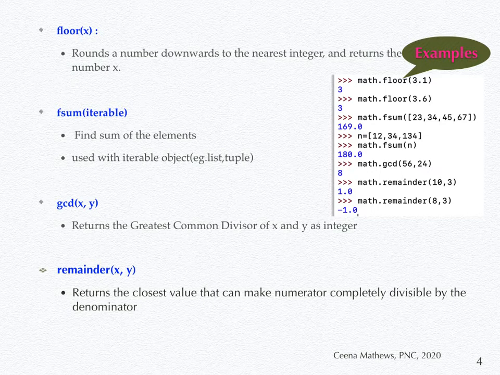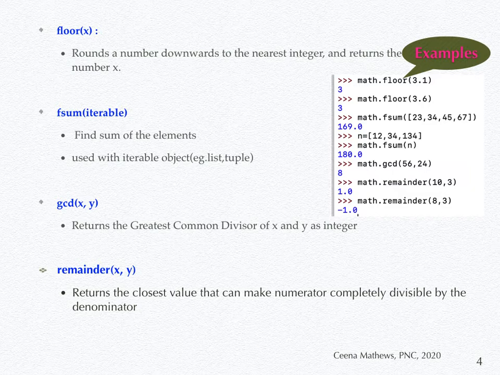You get a similar result. That is 10 divided by 3: 3 times 3 is 9, and then the remainder is 1. Whereas when you use math.remainder of 8, 3,